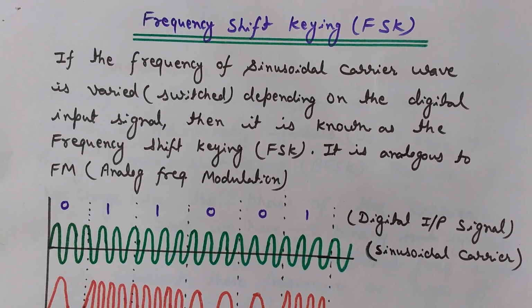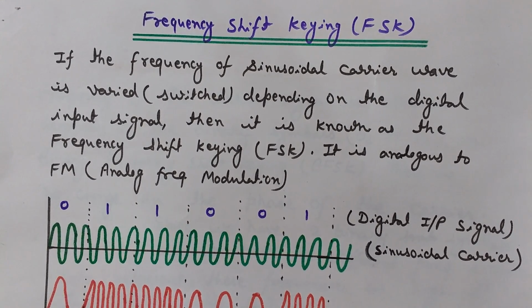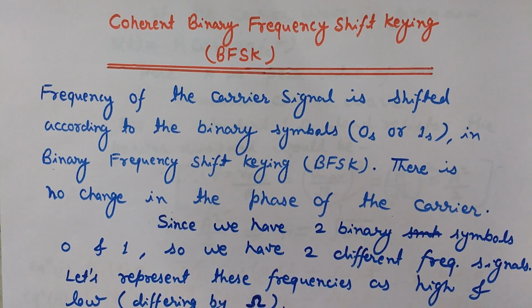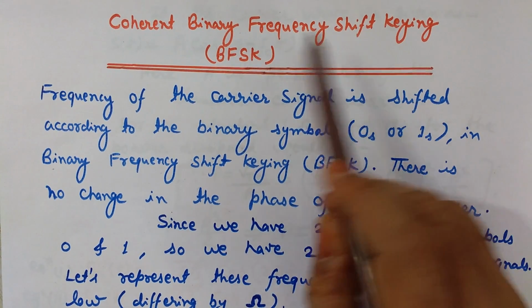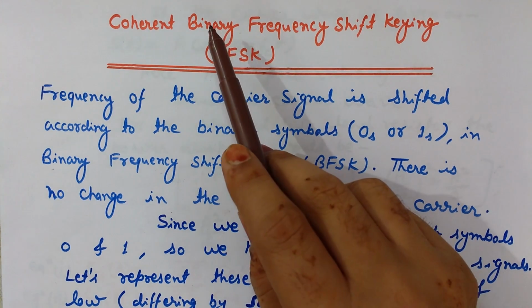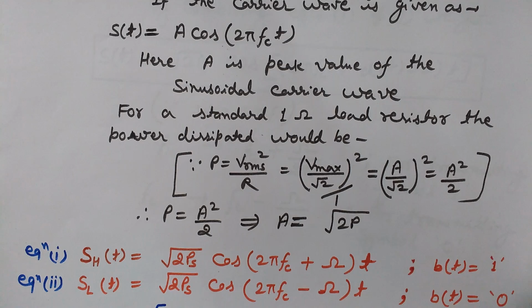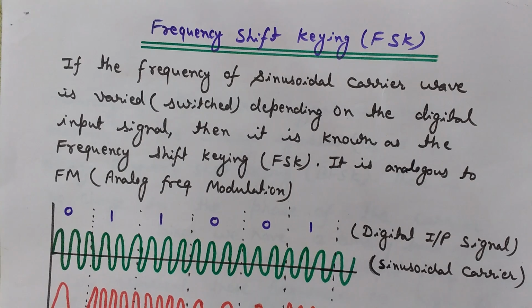This is a lecture about frequency shift keying, FSK. Here we will see the definition and basics of FSK. I will explain the waveform of frequency shift keying. We will also learn the coherent binary frequency shift keying, BFSK. B stands for binary, and the mathematical expression of the BFSK will also be discussed here. So first we will start with the FSK, then we will see what is binary FSK,